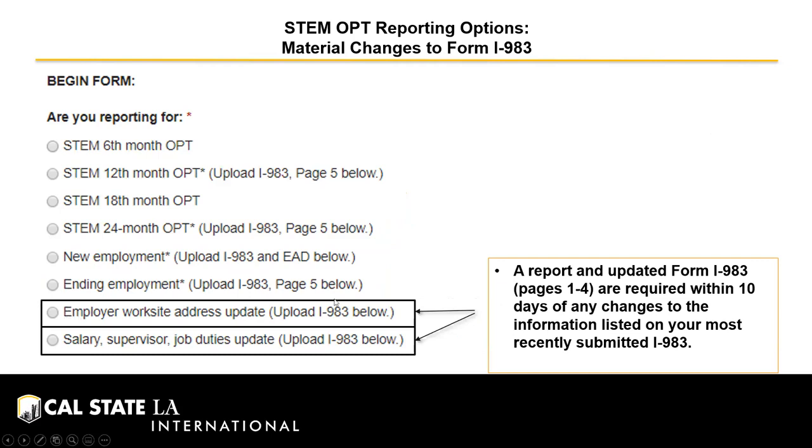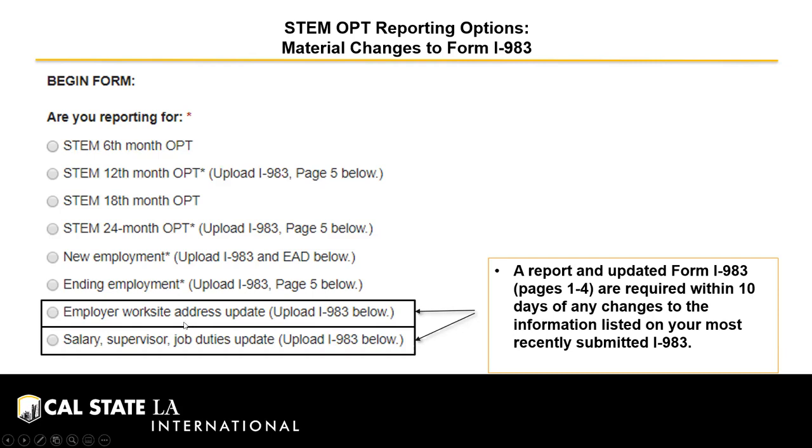Okay, the options at the very bottom here are for employer worksite address update and salary, supervisor, or job duties update. Either of these options requires, you can see here, an I-983 upload to accompany it. Anytime there is a material change to the information on the I-983 versus the last I-983 that you submitted to us, any information changes from that, you should be uploading a new and revised I-983 with the new